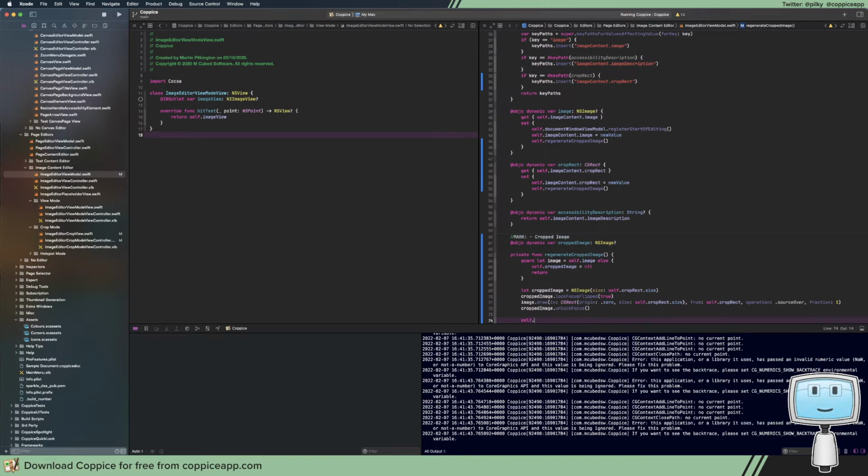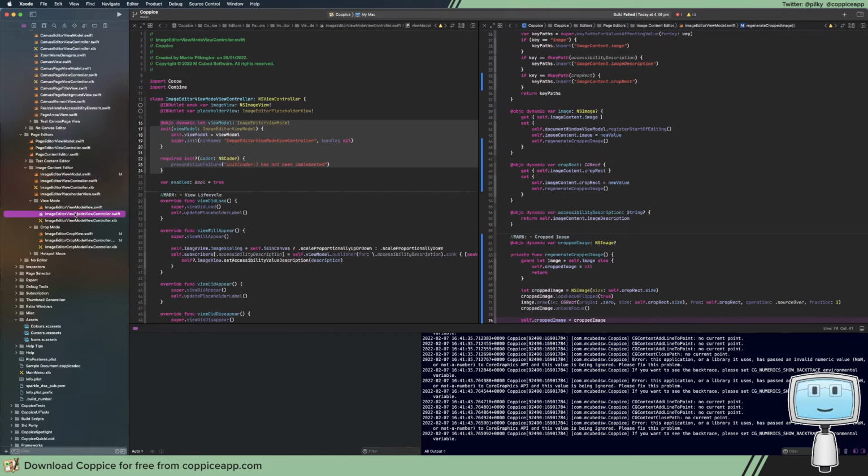And then we should be able to do self.croppedImage equals croppedImage. Oh, don't want to build and run yet because we're not actually using this. What we want to then do is in the view mode,